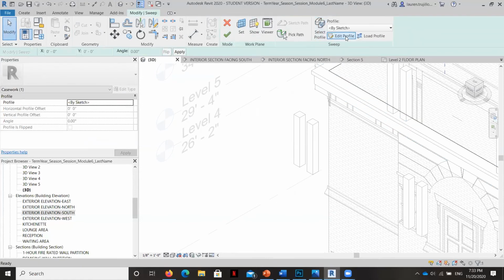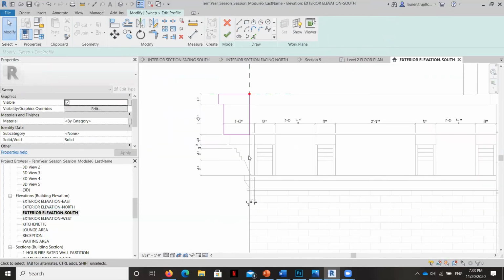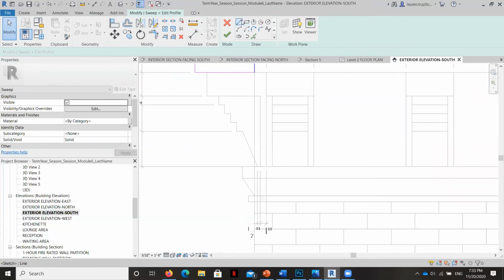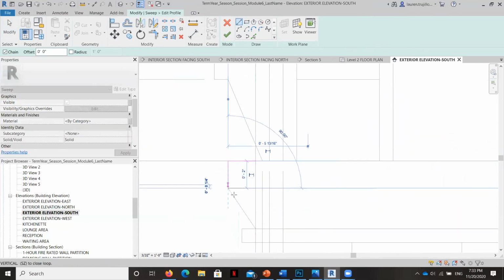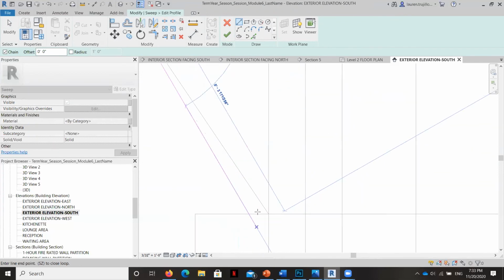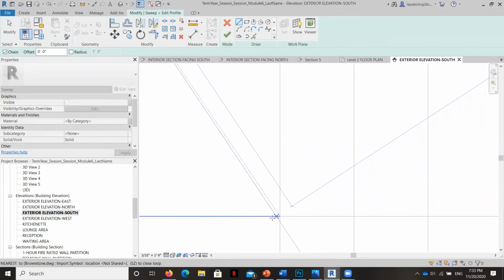Select Profile, Edit Profile, and then I'm going to go back to that south elevation and I'm going to grab this one too. And it's going to be slightly different because I can't pick all the lines here, and this is where it gets a little bit tricky right here. I can't have this point intersect with this line over here because it's got to be a closed loop, but there can't be intersections along the loop.